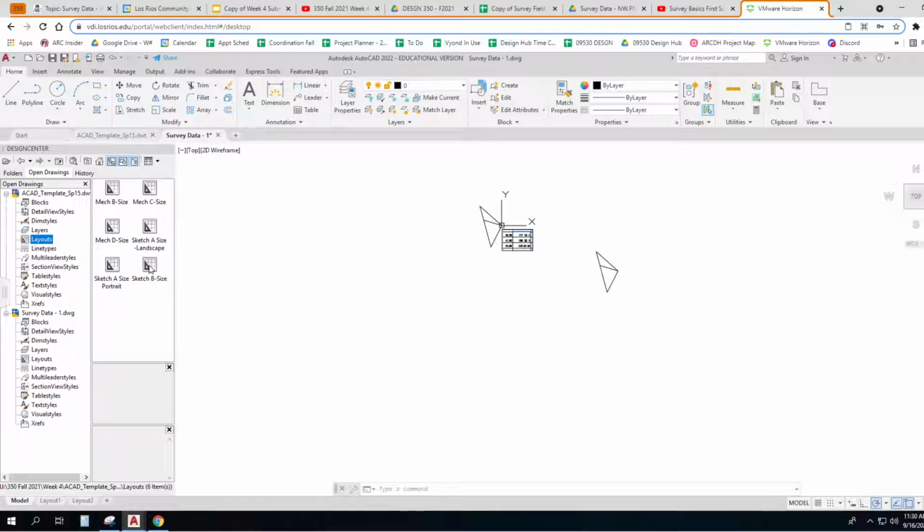Let me just do that. I'm going to hold my left mouse down and drag it into my drawing area, and I'm going to let go. And I'm frozen up. That's not good. Why did it freeze up right there? There it goes. Cool. And now I've got it